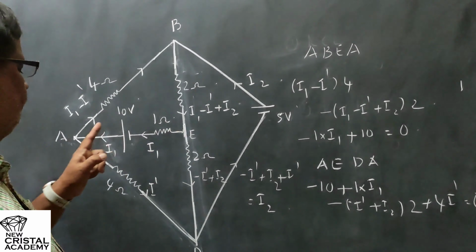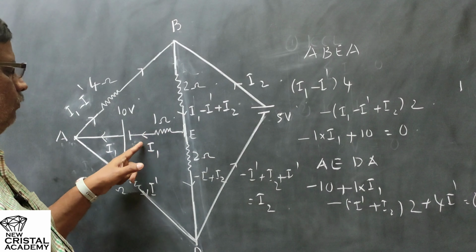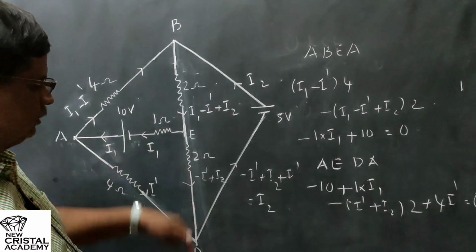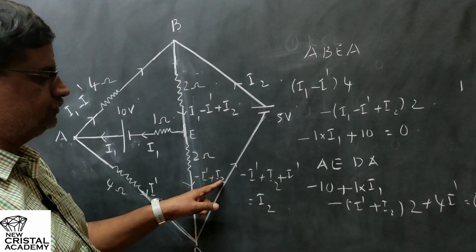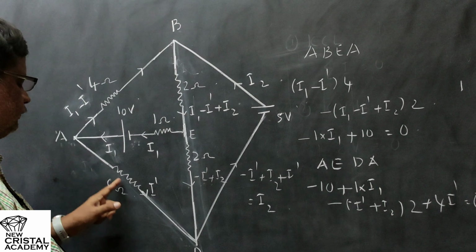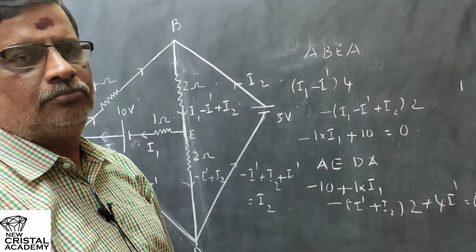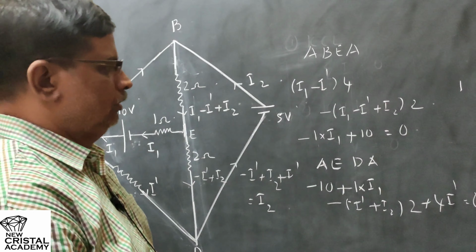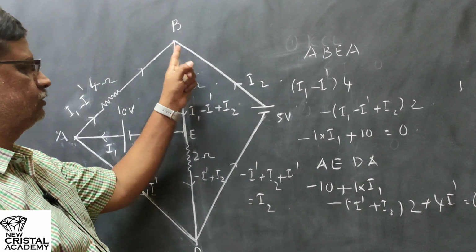First from A to E, first through the cell, positive to negative, EMF is negative. Then through the 1 ohm resistor in the opposite direction of the current flow, plus I1 into 1. Then downward in the same direction as that of the current flow, minus 2 into (I dash plus I2), and finally in the opposite direction of the current flow through the 4 ohm, plus I dash into 4 equal to 0. So those are the equations for the first 2 loops, ABEA and AEDA. You may take down these 2 equations in your notebook, and then I will write the final equation for the loop